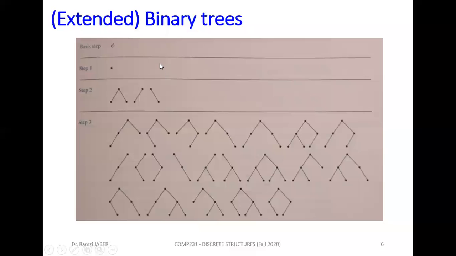Example here. So this is not a rooted tree. Here we have a binary tree. What is the difference? The difference is we have basis step null, step 1 only one node, and in step 2 we have T1 and T2, only two edges, T1 or T2. As you can see here in step 2, T1 and T2 are not connected to the node,